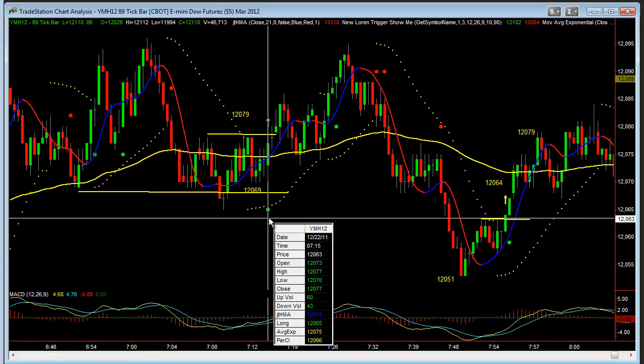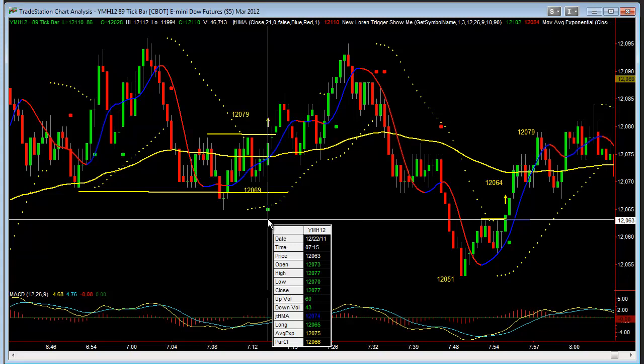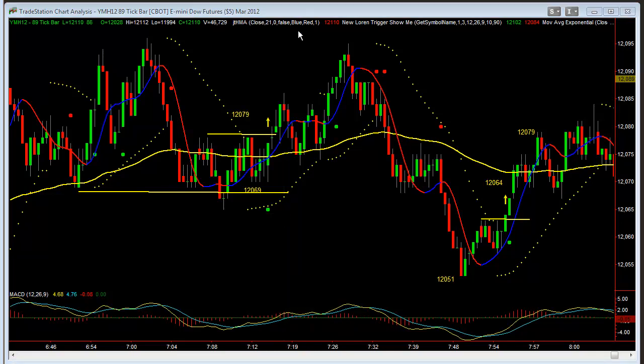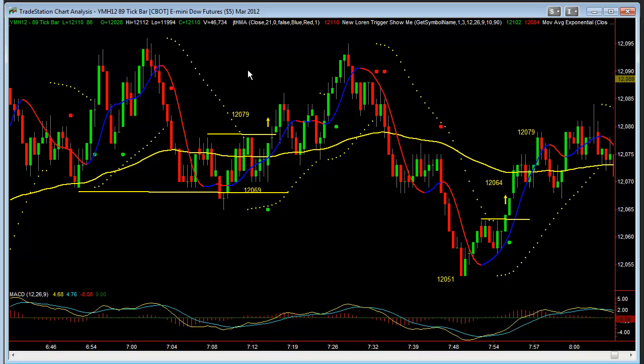You could have gotten in there a little early had you decided to take it above the trigger entry bar there. High of that bar was 12,077. So you could have gotten in one tick earlier, but we were happy with the 12,079. And we were very fortunate, and by fortunate, it was part of our plan. As soon as I knew that we were going to take this entry at 12,079, and I know my first profit objective was 12,086, immediately I put my sell order in